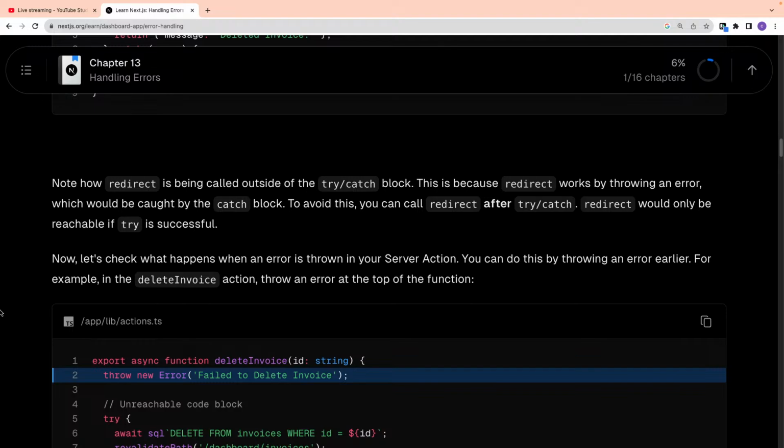Now, how is redirect being called outside the try catch block? This is because redirect works by throwing an error which should